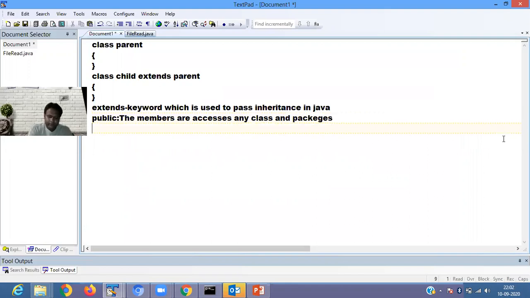When you define protected, the members are accessed only in the child class.